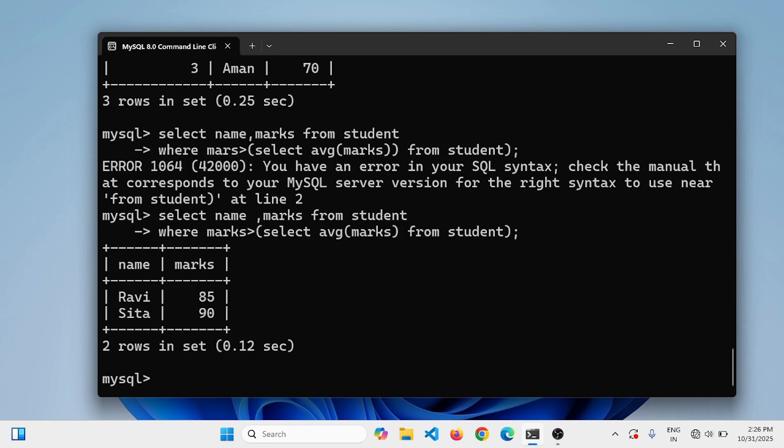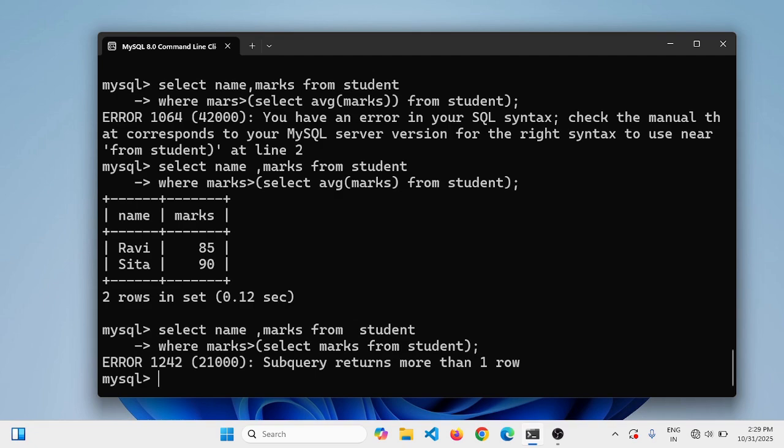Let's enter. Now you can see the average marks. If it is available, it means the marks are greater than the average. So 85 and 90 are the marks greater than the average value. This way you can apply the subquery, and if you want to take another example, you can take it here,